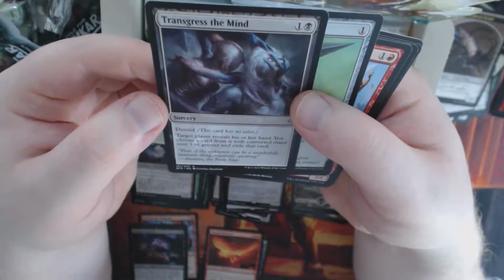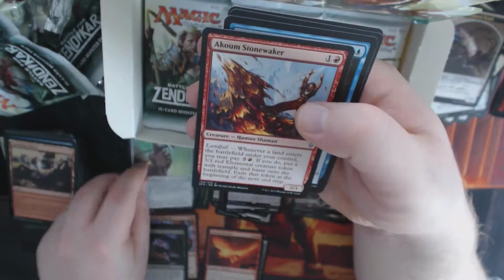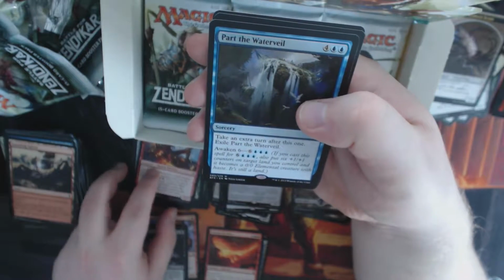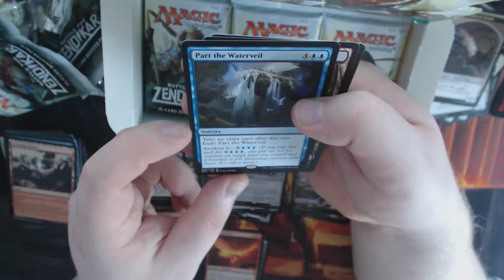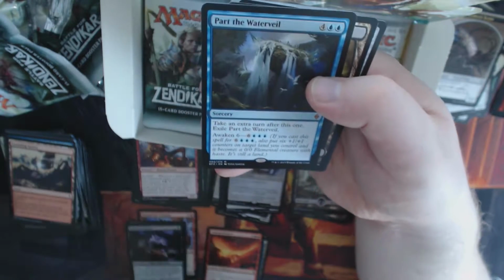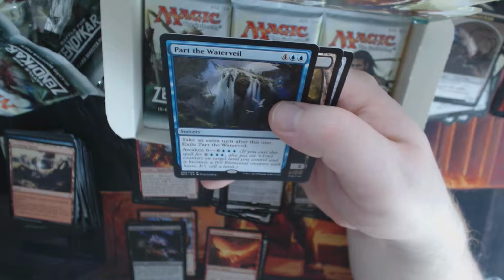So first uncommon is Transgress the Mind, Pathway Arrows, Akoum Stonewalker, and we have Part the Waterveil, which is a mythic. Take an extra turn after this one, exile Part the Waterveil, and another new ability, Awaken. So paying 6 mana and 3 blues,